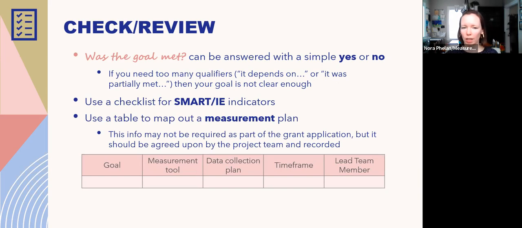The idea is just to get this information written down somewhere and sort of agreed on with whoever is going to be collecting and managing that information, so there's no surprises, to get it established. It may not be required by the grant application, but very strongly recommended to have that in place. It'll force you to think it through beginning to end.